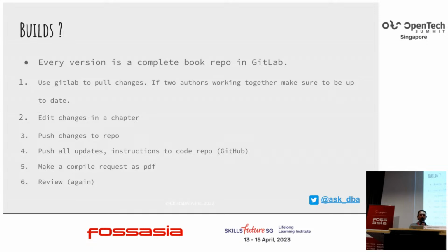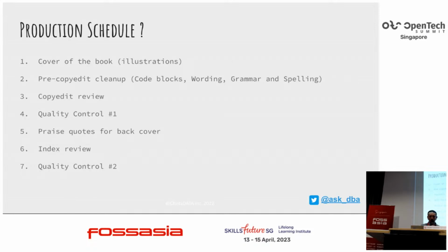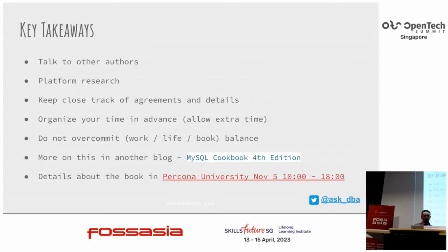Sometimes it takes a long time, and then you wait to see what was actually typed in for that section or chapter or whatever the change you made. So basically, it's a cycle of pushing the code to a repo and then checking the output of what happened after that. So there's this cycle of reviewing, pushing, reviewing, pushing. And moreover, there is also